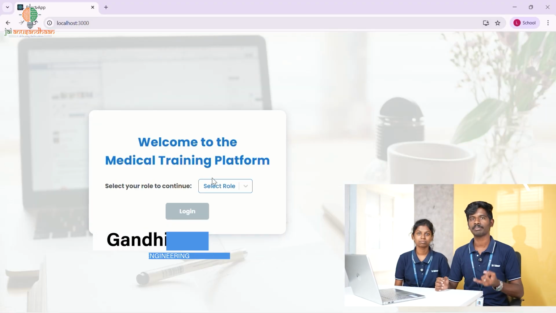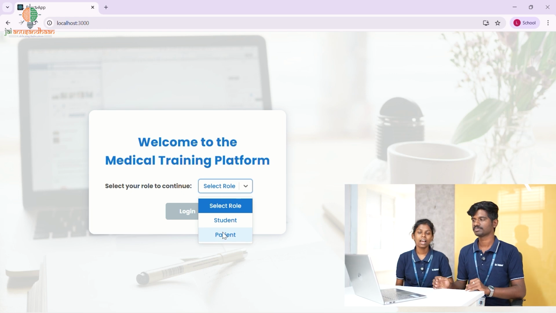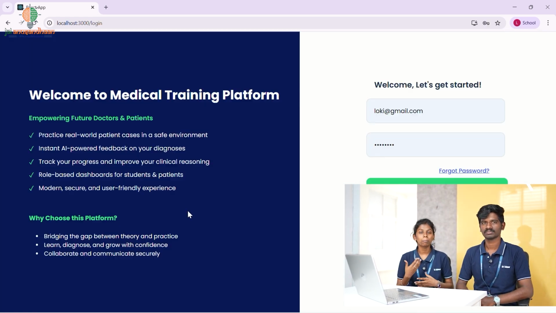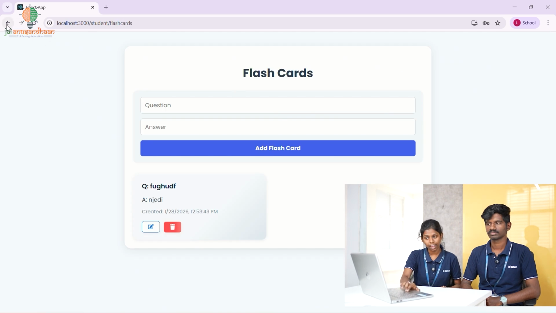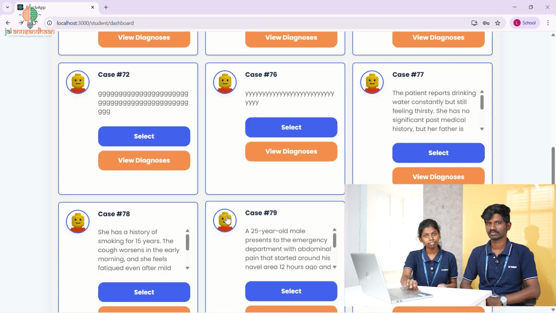Our project, a medical training platform, is most widely used by medical and MBBS students. It has two logins: one for a patient and another for a student. As a patient login, the patient is able to upload their cases. The uploaded cases will be shown in the dashboard, and they can select a case and